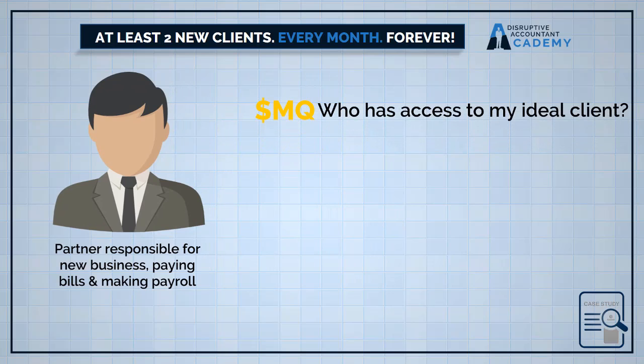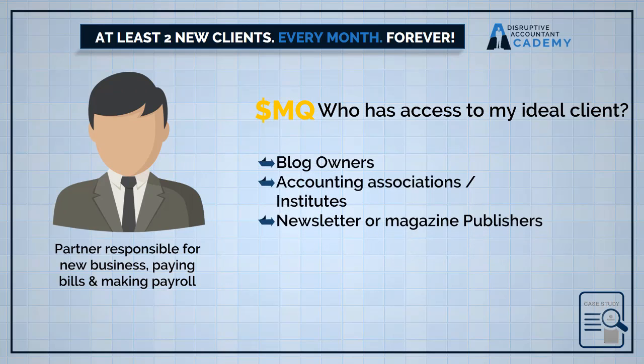And then I went ahead and I brainstormed results. And I came up with a whole lot of things. I came up with things like blog owners. There were obviously accounting associations or accounting institutes. We had newsletter owners or newsletter publishers, magazine publishers, and there were a whole lot of other things that I came up with as well. The reality is, if I had actually used any of these, I would have still got results, but I actually would have wasted a lot of my advertising spend on accountants who were not suitable for my service, as you saw just a moment ago.